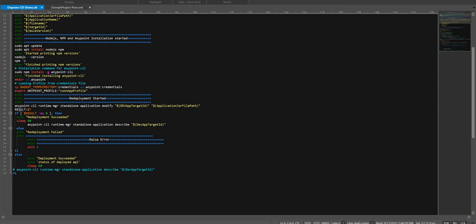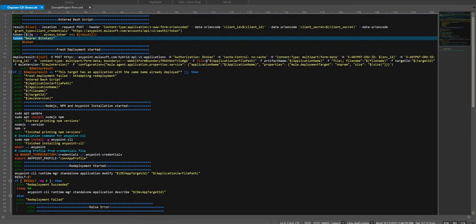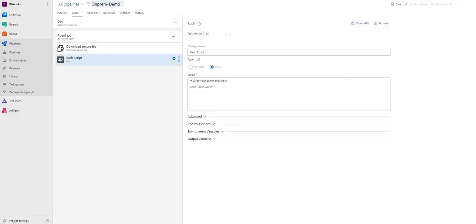Once the redeployment is successful, we are letting it sleep for a particular time, and finally we are trying to describe the API. Else we are throwing the appropriate errors. So going back, I'd be quickly pasting it.